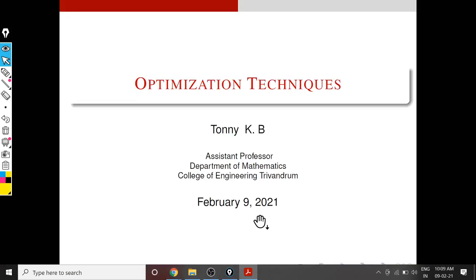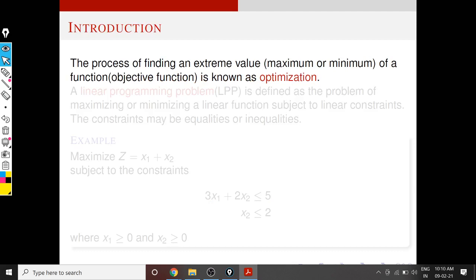Okay, well, let's start the fourth module. So here we are going to discuss some optimization techniques. And what is an optimization problem? The process of finding an extreme value. Extreme value means either it is the maximum or minimum of a given function, and that function is